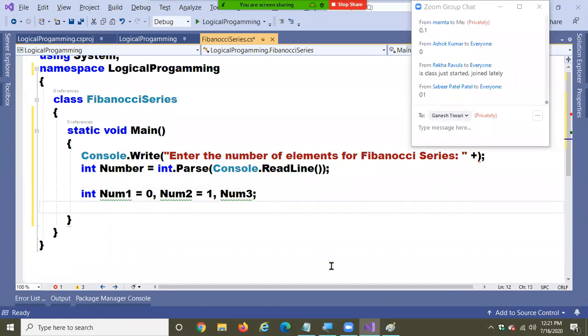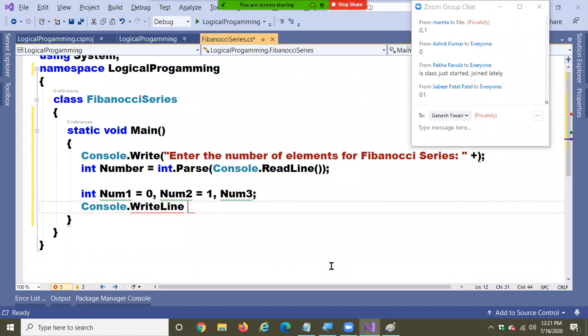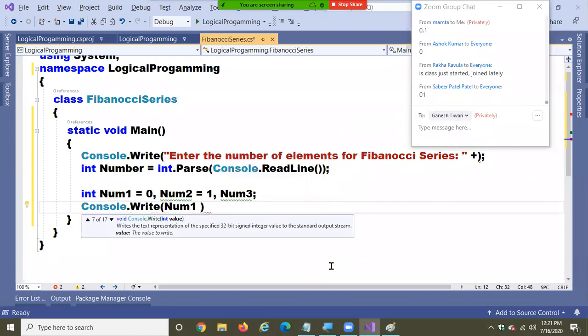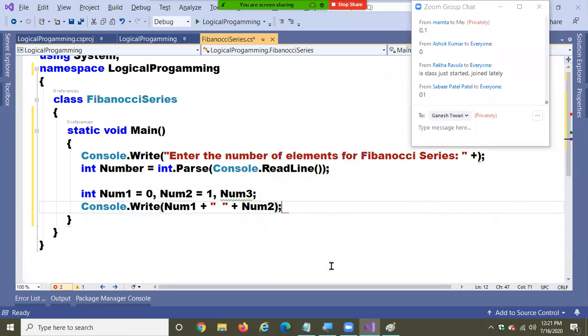Okay. Now, first I am writing Console.Write, num1 plus space plus num2. I asked you this question first. 0 and 1 are fixed. First and second numbers are fixed now.